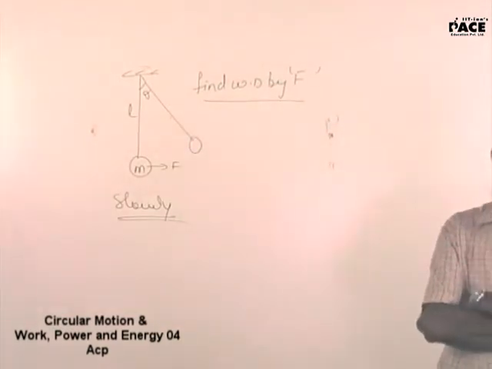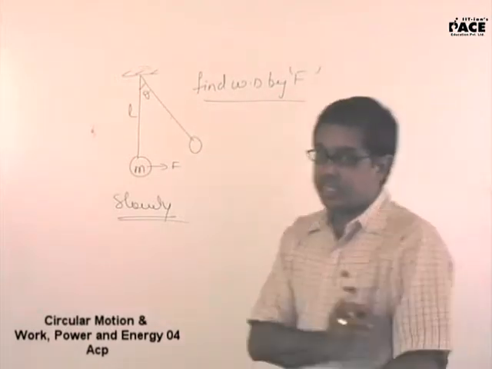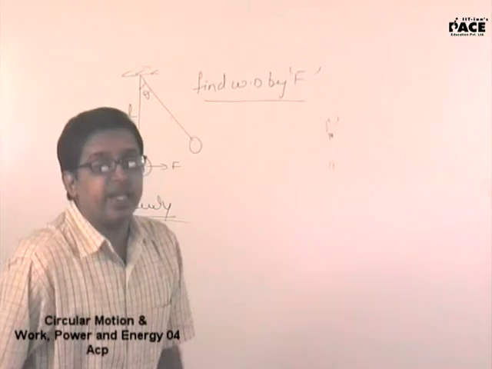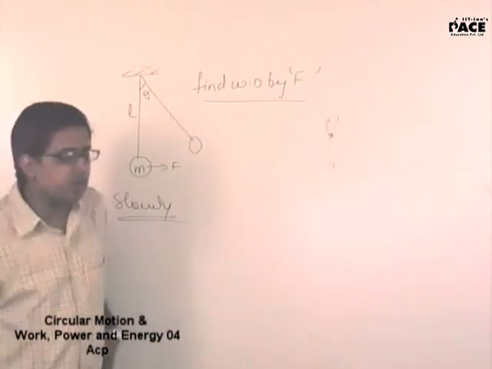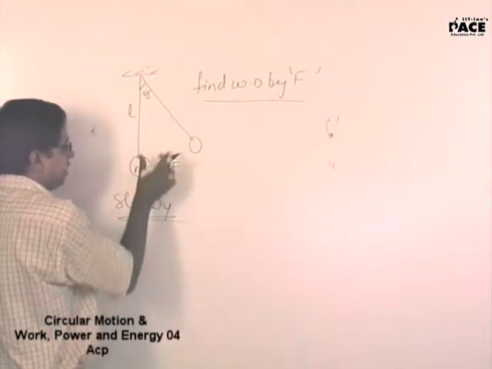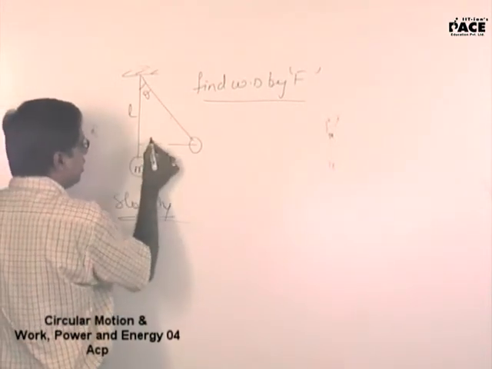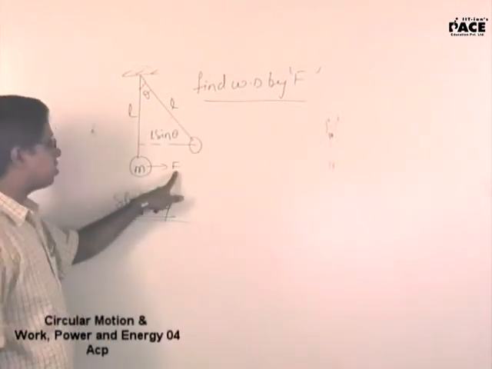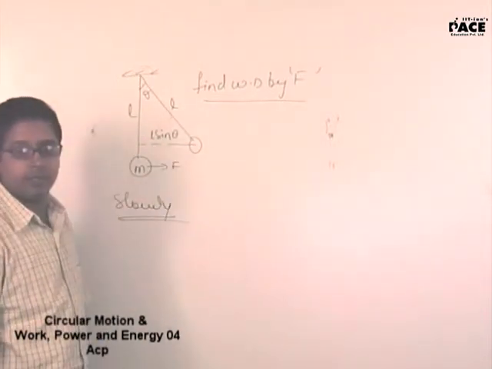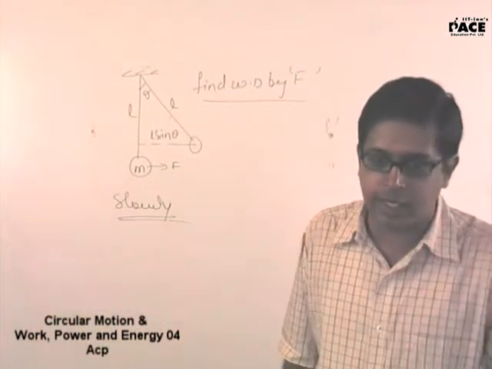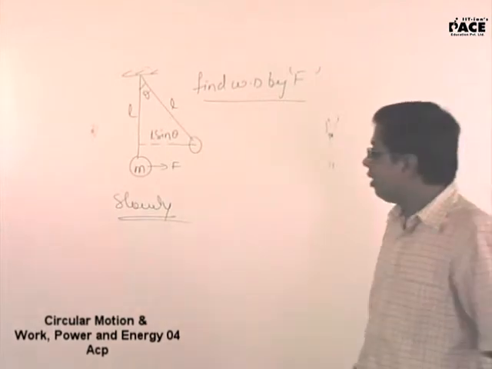Remember, the key behind the problem is the word slowly. Change in kinetic energy is zero. Remember that. The first temptation that we will have here is force into displacement. Now this force is horizontal, so that into displacement, the displacement will be L sin theta. But this will be wrong because the force that I am applying is not constant. Now you should have told me in the question that the force that you are applying is not constant. I told you indirectly. Why?